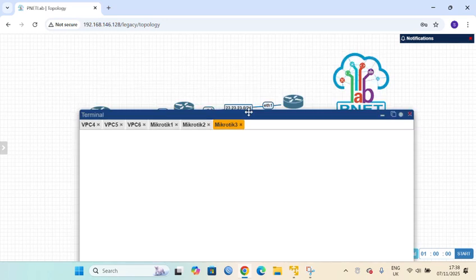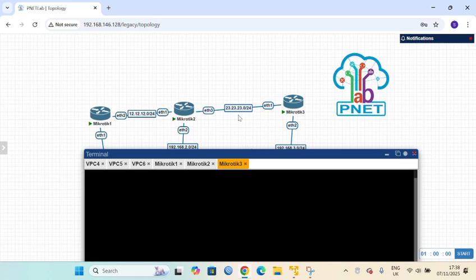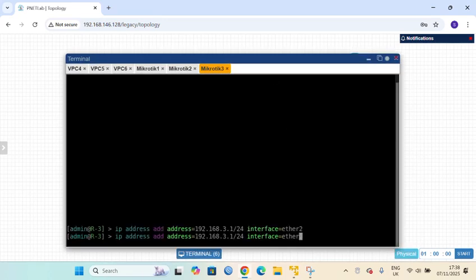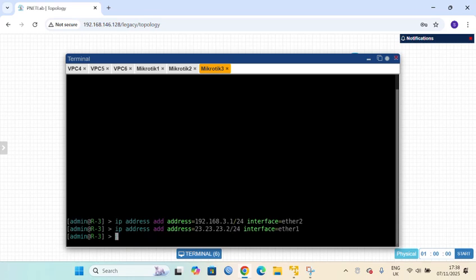And next we write again the IP of 23, because it's connected to router 3 with ether1. So we change to ether1. And right here we write 23.23.23.2/24, and we enter.